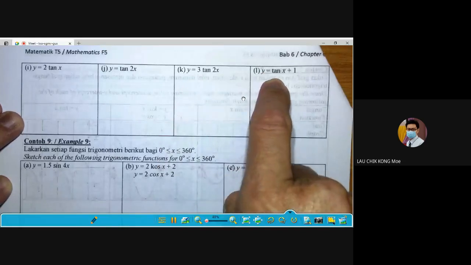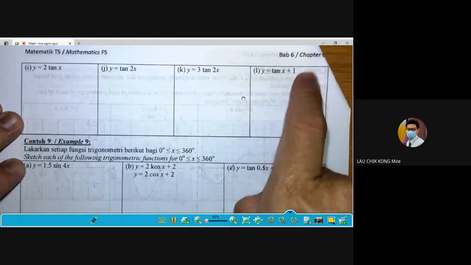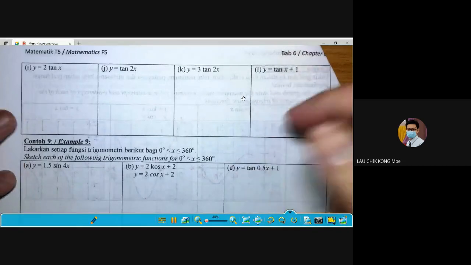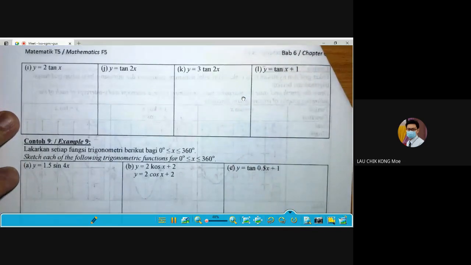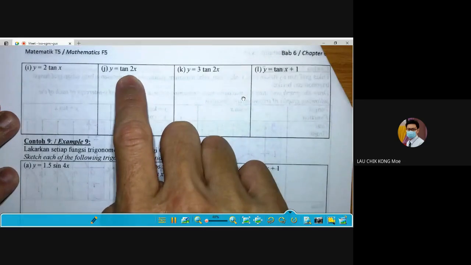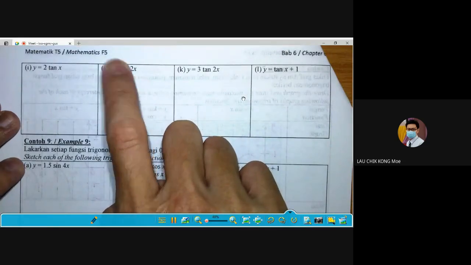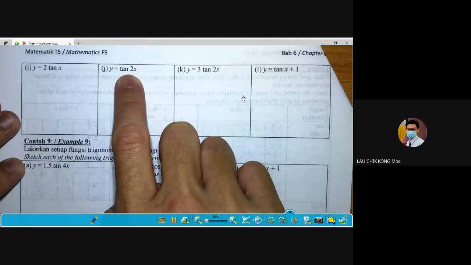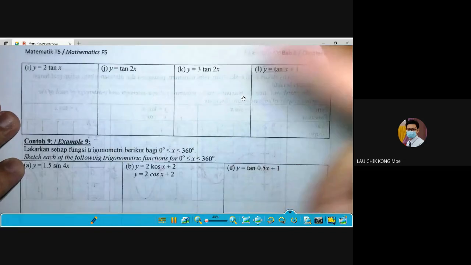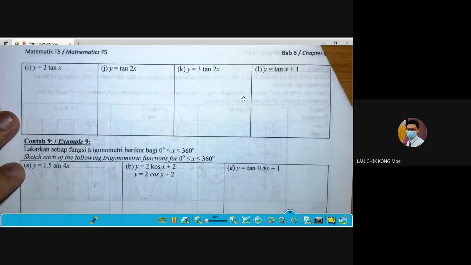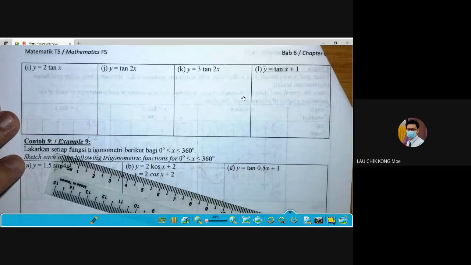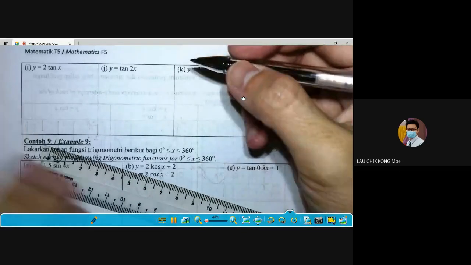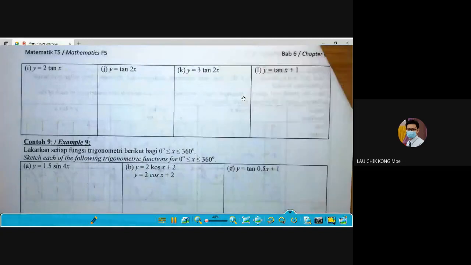Okay, and then only the last part, this is a plus 1. Plus 1 means we move 1 unit upward. And then the 2x, what do you mean by 2x? 2x means 2 period. Okay, so maybe we start from the I, sorry, not A. So for this I,